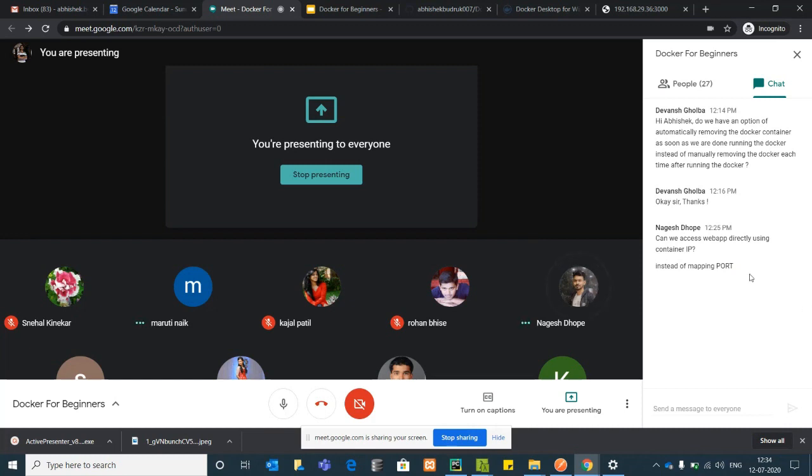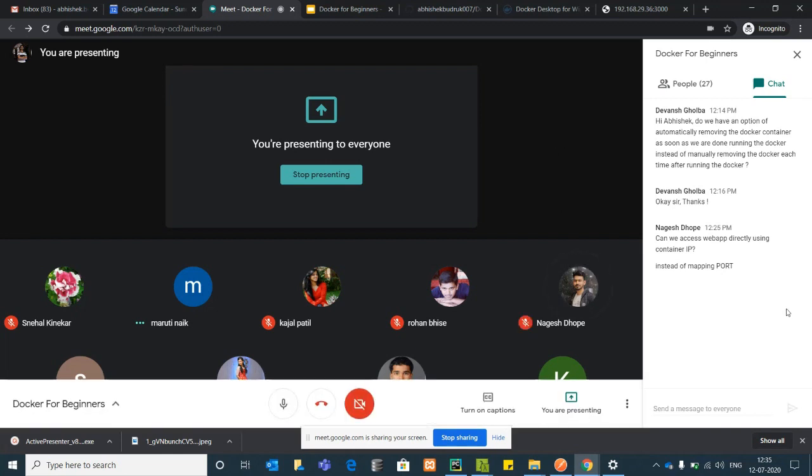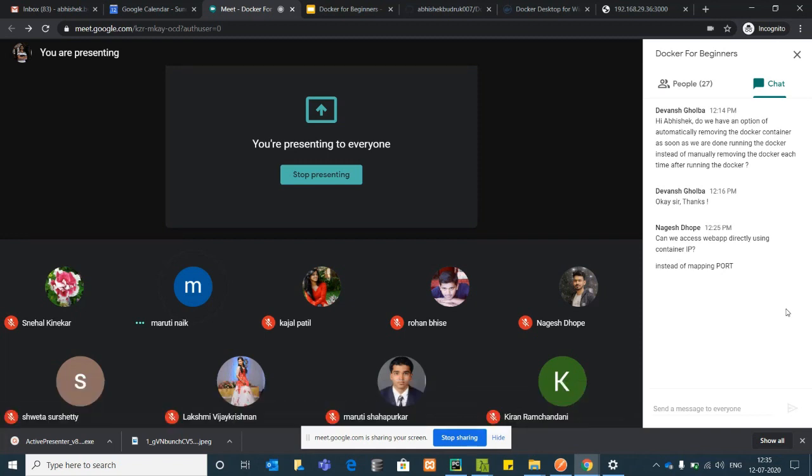Yeah. So directly we cannot access this without mapping the port, because now the part of networking comes, networking in Docker. But this is not in today's class; we are going to discuss some networks later. There are certain networks in Docker, that is bridge and some different networks. We need to put it under one network. Then only we can be able to access the